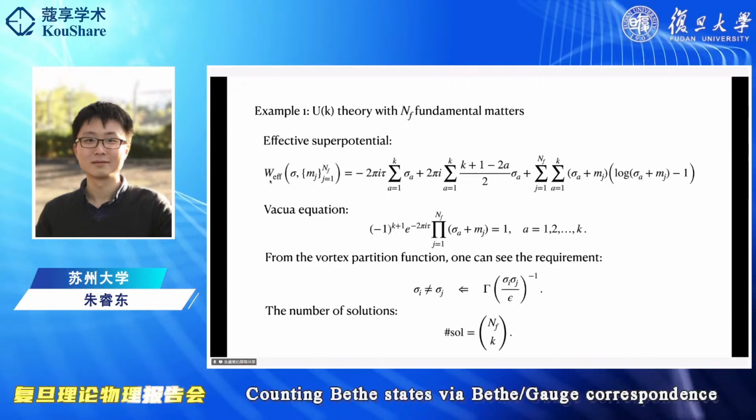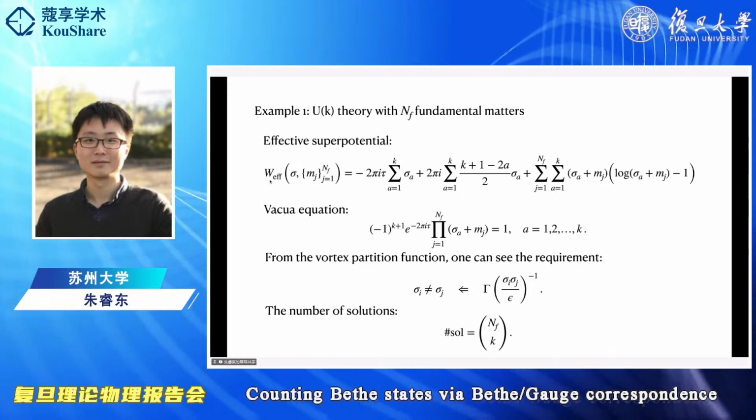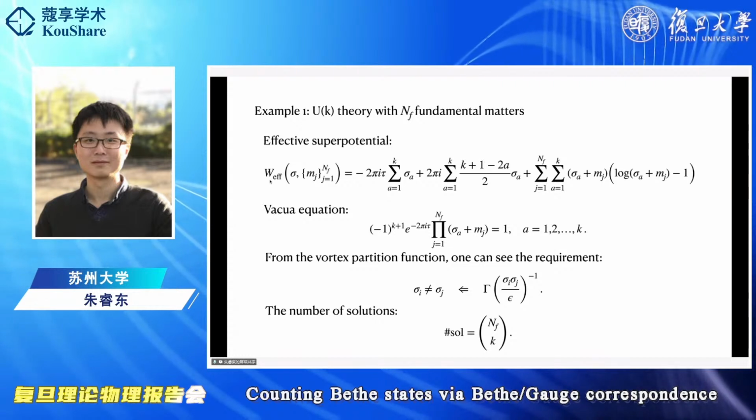So let's do a small computation. For example, we consider a U(K) theory with NF fundamental matters, fundamental quarks, and we can put the roots and the weights of the representations into